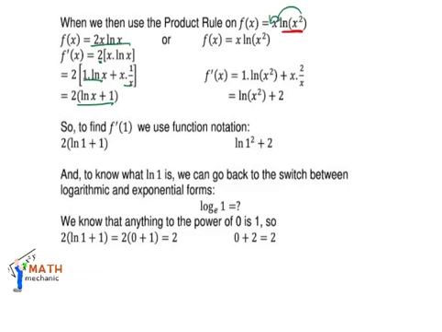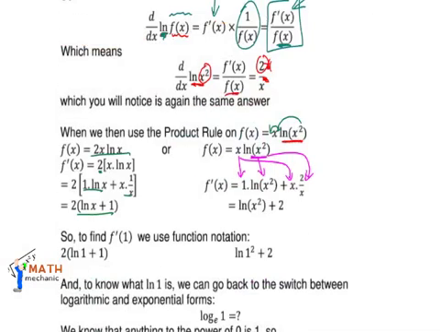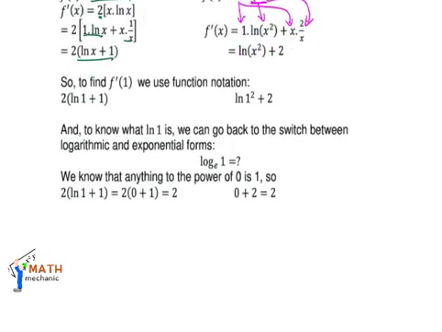Now if we look at the right hand side, where we go straight to the product rule, remember we have found the first derivative of ln of x squared, so just using the product rule, there's the derivative of that times the original function, then the original function in x times the derivative that we have found a couple of times before, and it comes down to ln of x squared plus 2. So that is the derivative of that part of it.